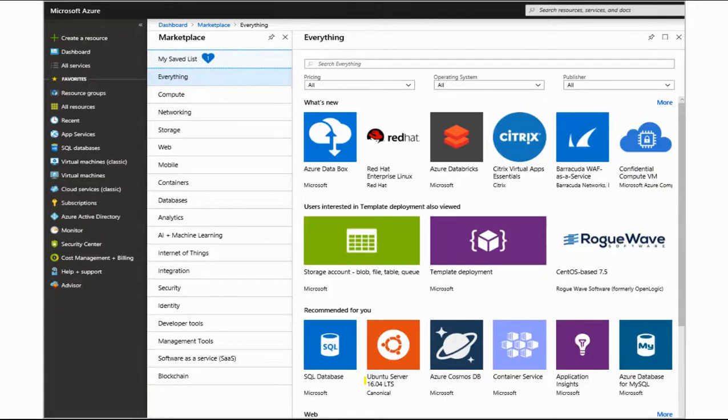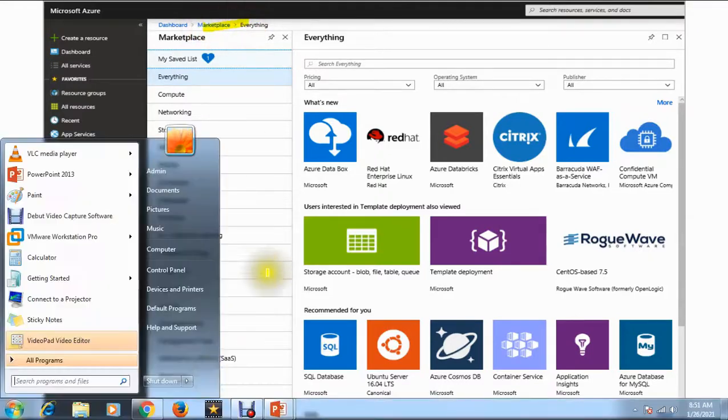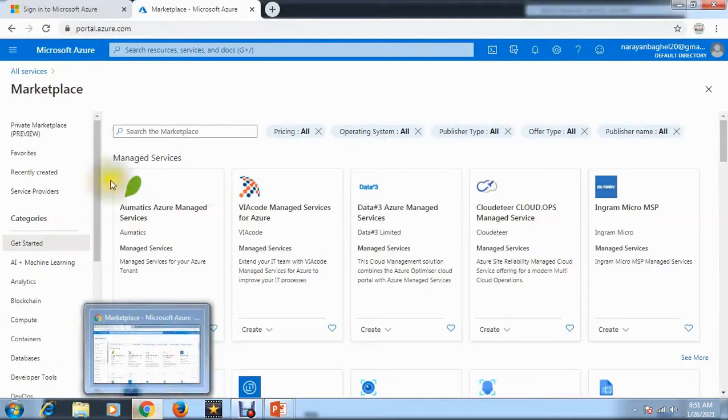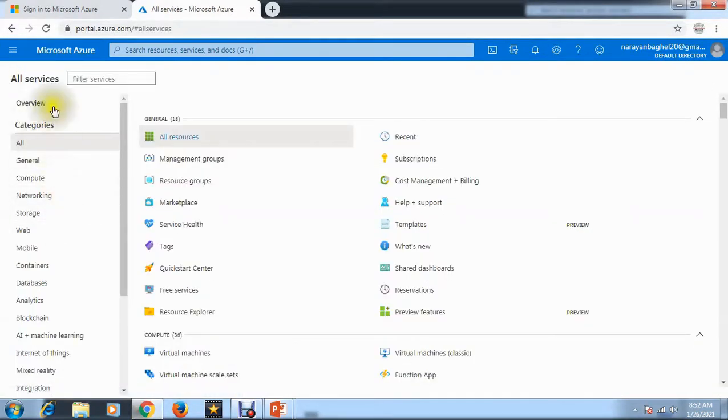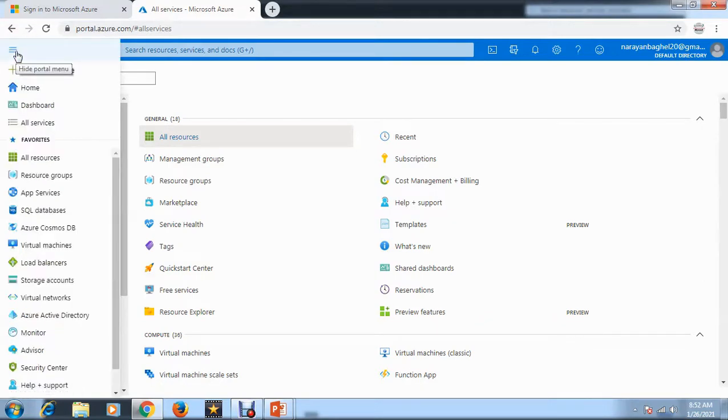You can subscribe, you can go to the dashboard, marketplace, everything you can see. Let me show you here also. Let me show you all services. You can go to the dashboard. You can say this is the marketplace.